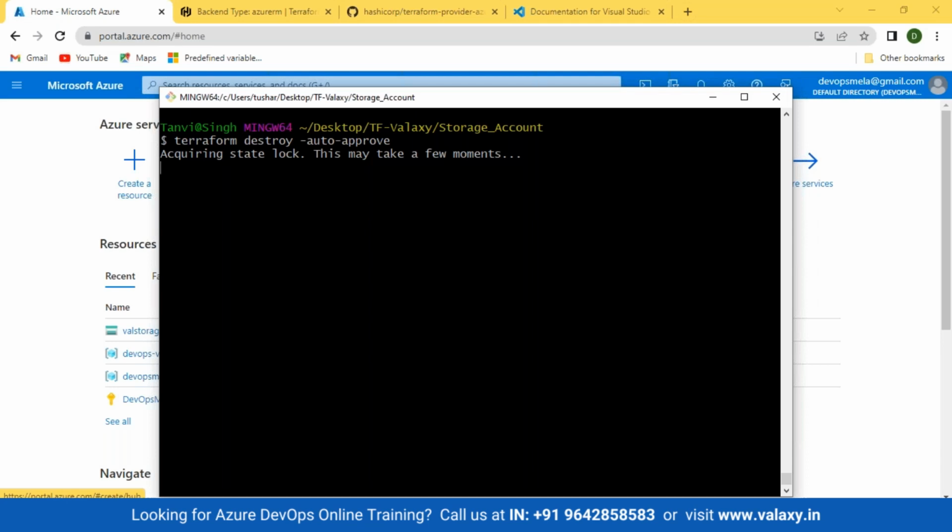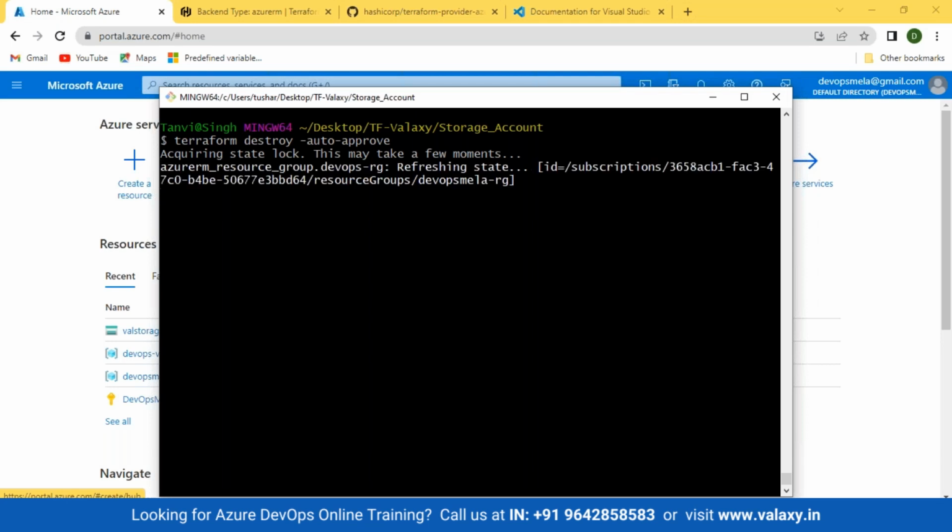Tomorrow I'll integrate it with Azure DevOps pipelines. So all these commands which I'm running manually, we'll automate using pipelines. And after that, if time permits, we'll start with Ansible also tomorrow itself. So that is the part which is remaining in Terraform. Make sure you all